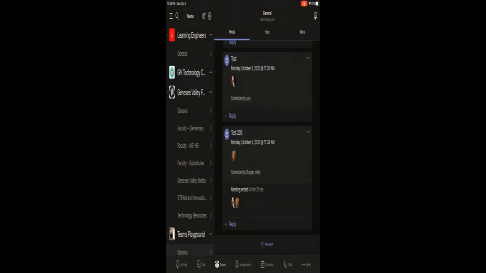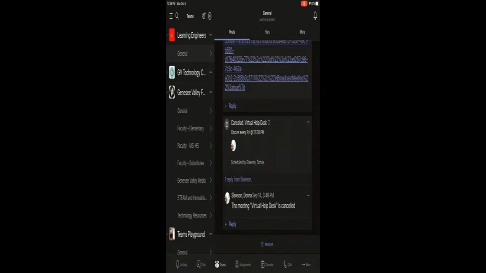Today I'm going to show you how to hide your teams on an iPad that you're not using so you can stay better organized. When you look at your teams on the left panel, you'll see that all of your teams are listed. If you click the settings gear,